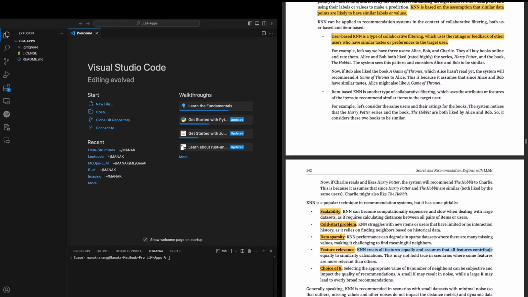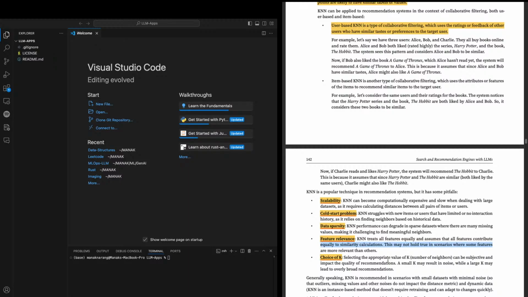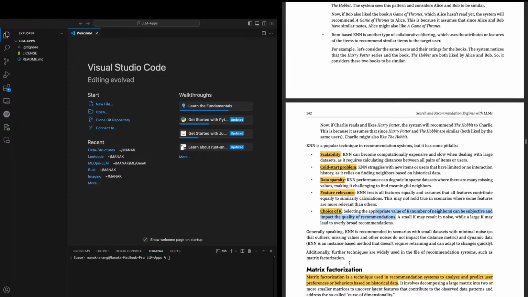It treats all features equally, which is not the case in the real world. Yeah, you have to define an appropriate value of k. There are greedy algorithms for that, but still, small data sets. That is true. That's true.